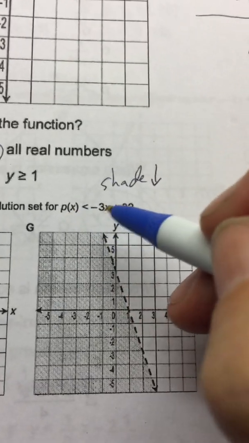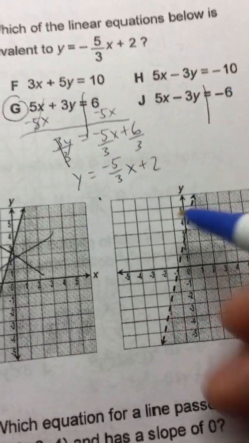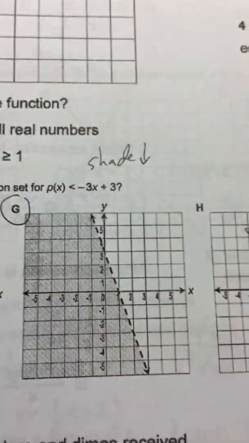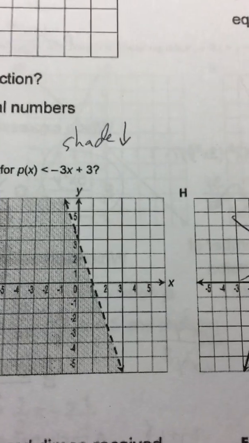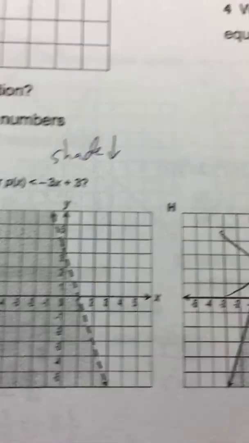Now, since it's in y-equals format, this is the slope, number -3. So is the slope negative? Yes, so it's going to be going down. So that one's going down. This one's going up, so it can't be this one because that one has a positive slope. And this one is shaded below, which makes sense. So there it is, G. So shade up, shade down, dashed line, solid line. Those are the easy things to pick out. And when it's in y-equals format already, you can just pick out the slope and the y-intercept, make sure they